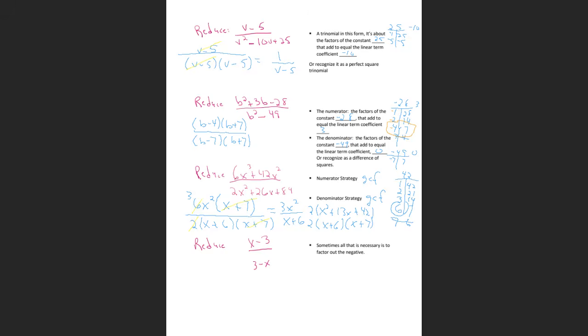On this one, you may see this in your homework, where you have an x minus 3 over 3 minus x. It looks like these would be the same except the signs are backwards. This is a positive x and this is a negative x. This is a negative 3 and this is positive 3. Since the signs are backwards, what we can sometimes do is just factor out a negative. And since this one's kind of backwards, because I usually like to have the degrees the other way around, notice how we could have